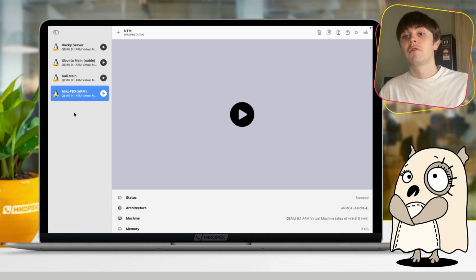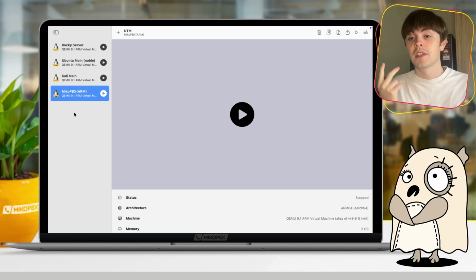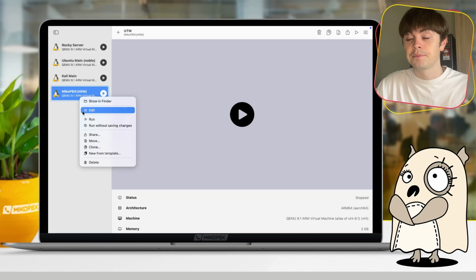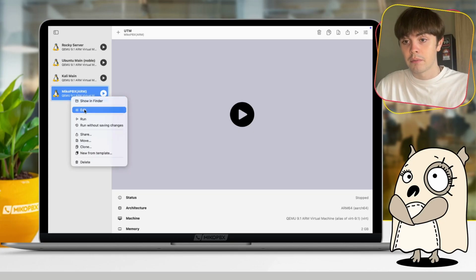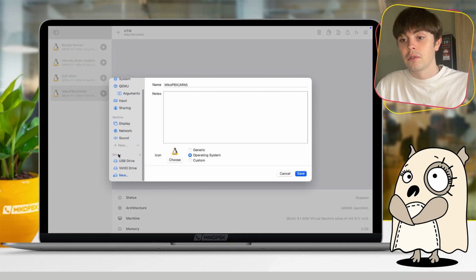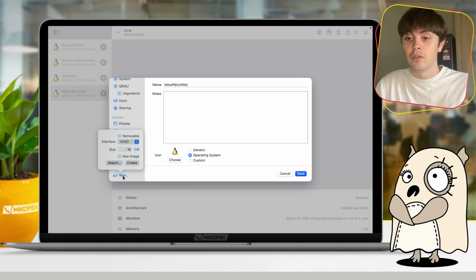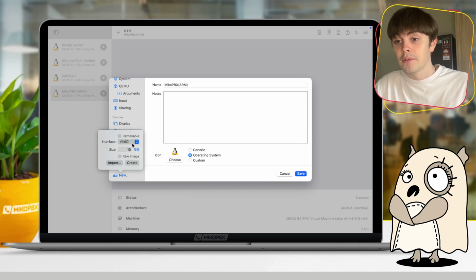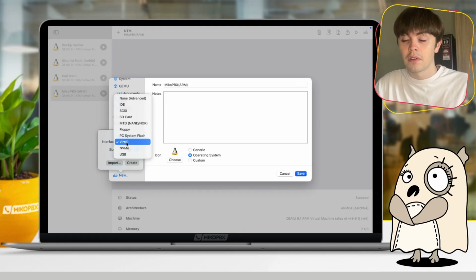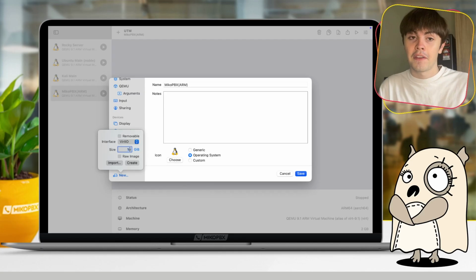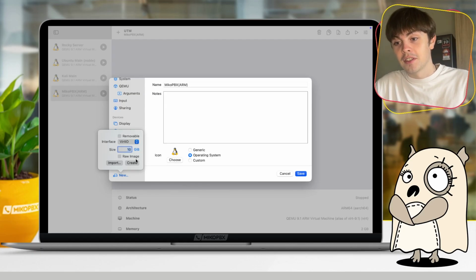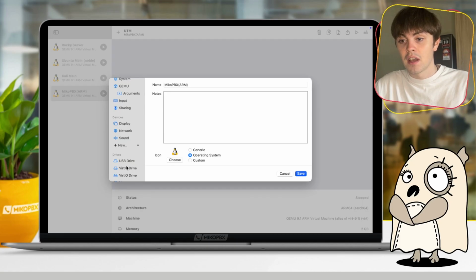So next we have to create the second disk, as I mentioned before. For that you should go to the settings section, just right-click on the name of the virtual machine, then click Edit, and go to the Drive section, and here click New. Alright, here we are. So just leave the default interface, which is VirtIO, and the most important thing is the size. As I mentioned before, the recommended size is more than 50 GB, but for my test machine I will use 10, but for you it should be different. So just click Create, and now we have 2 different disks. Just save our settings, and